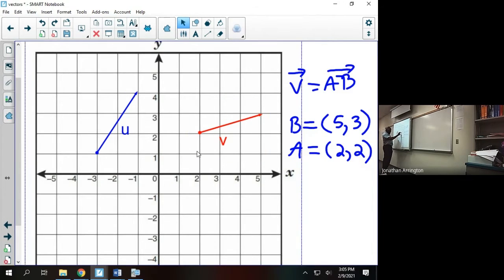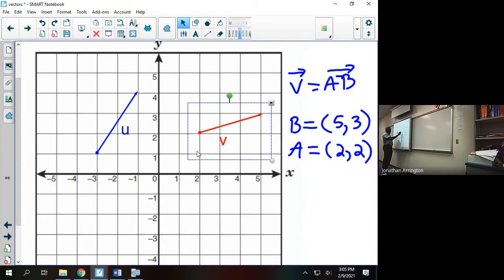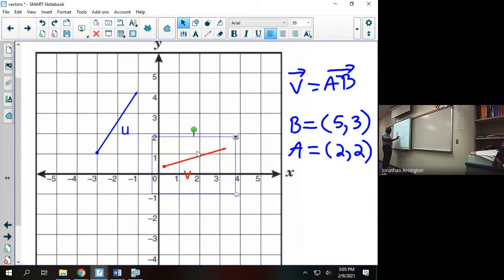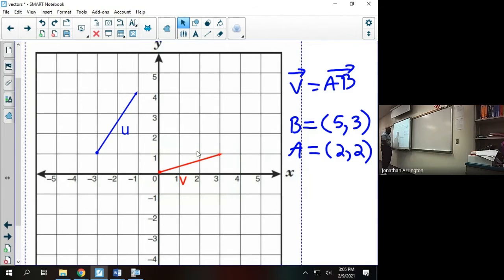He doesn't want to move, but he's going to move. All right, I put the vector in component form right before your eyes. I didn't hide it. It wasn't a secret. He's now in component form. His initial point is at the origin. When a vector is in component form,